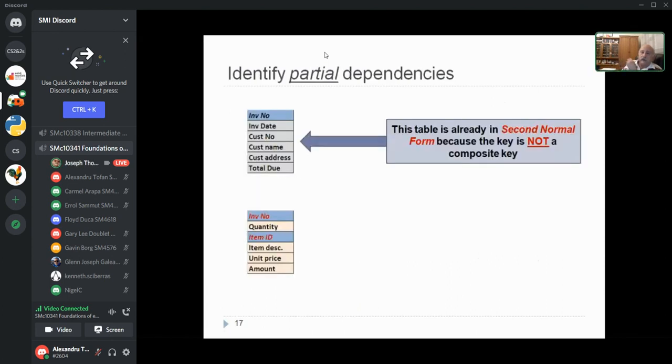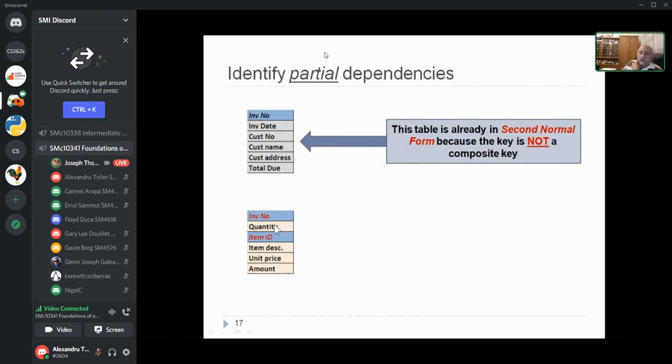So if we take our example here, that table here does not have a composite key, so it can't have partial dependencies. So it is already in second normal form. First normal form and second normal form for this table are the same. In this table here,